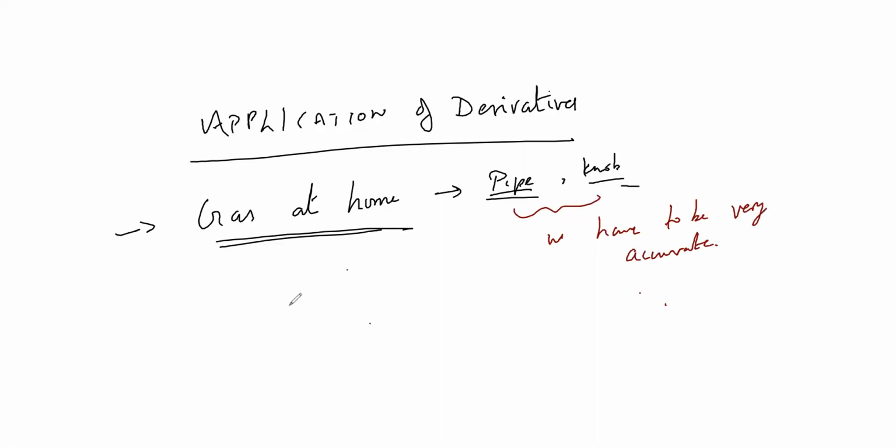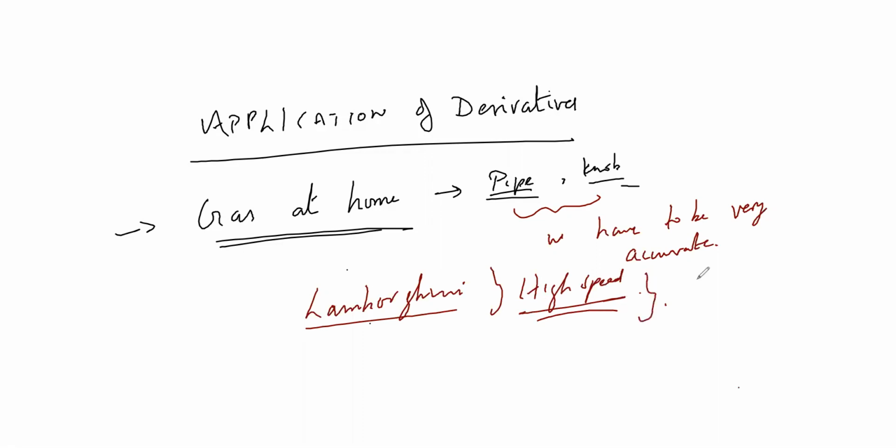And we all know about what? The supercars. Lamborghini Urus, let's take. Lamborghini cars, high speed, correct? But what happens if there is too much speed? There is a chance that the car will burn also. Due to the lot of horsepower in it, the car will burn. There is a high chance of that, correct? So which means every design should be mathematically accurate. Every design, every measurement should be mathematically accurate.